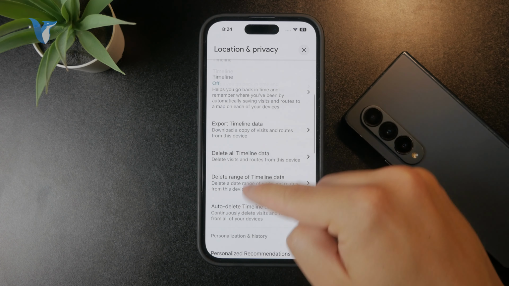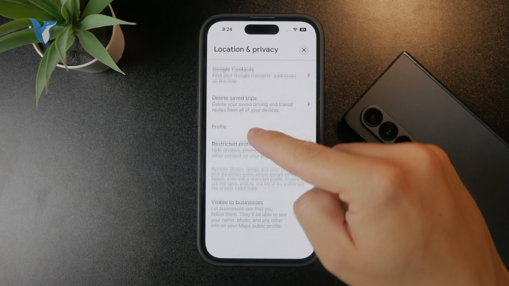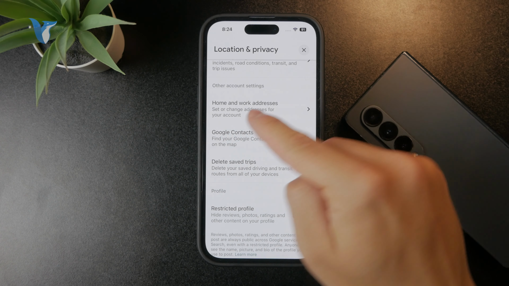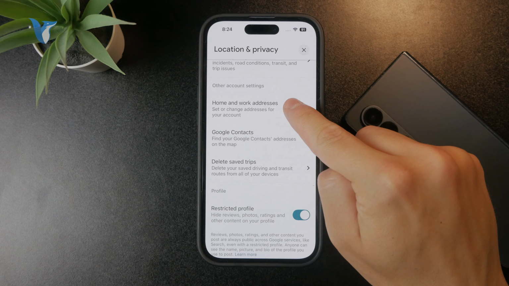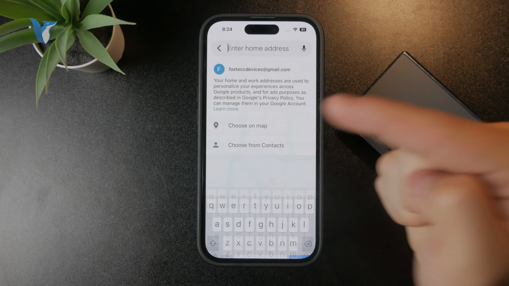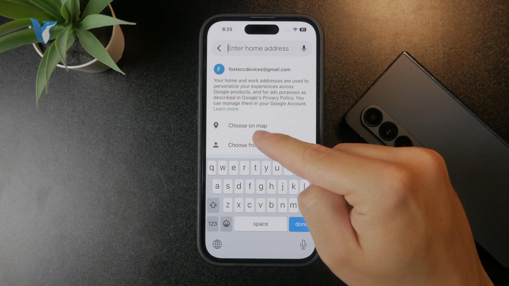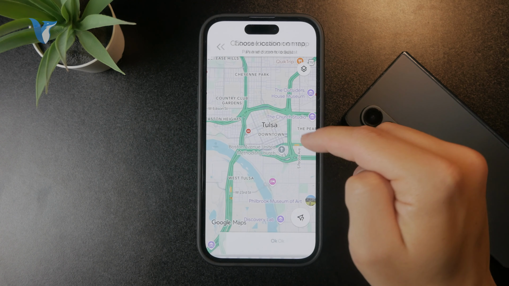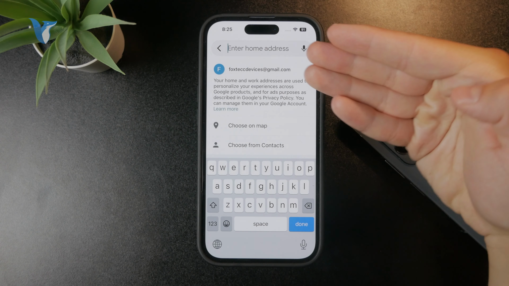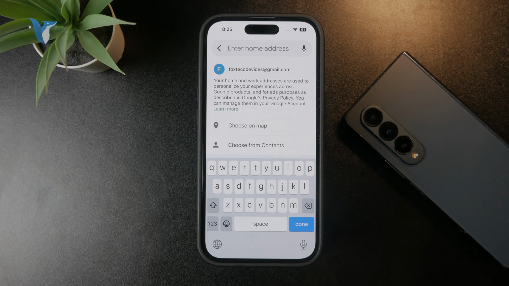And when you scroll through these, you'll be able to find somewhere closer toward the bottom the home and work addresses, right? So it is part of this other account settings, so you can tap on it to expand it and see the home and work address. So when I click on home, I can choose the location, so I can type it in here. I can choose it on map, meaning that I can just manually select it somewhere around the map, or as I say, you can literally just type in the street, city, and country and everything